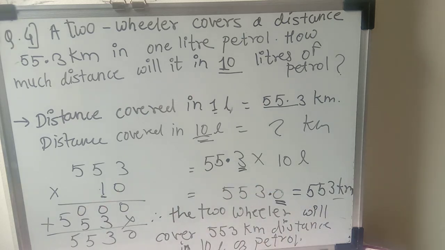Let's solve the fifth example now. Okay, so here we have to multiply two decimal numbers. The most important point we have learned in the previous session. First we have seen how to multiply one decimal number with a whole number. Second, we have seen how to multiply the number with 10, 100 and 1000. That also we have completed in this exercise. Now we have to see how to multiply a decimal number by a decimal number. Okay, let's solve question number 5.